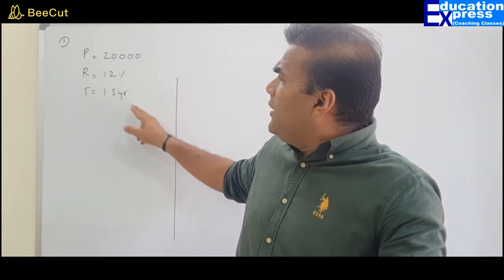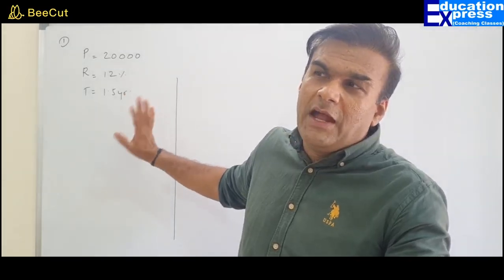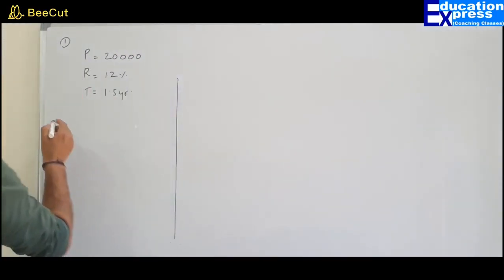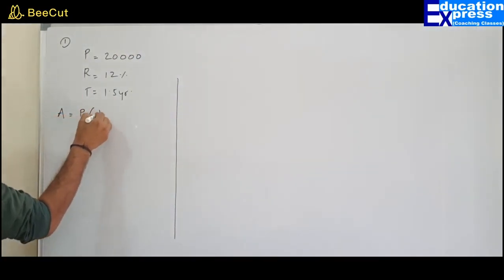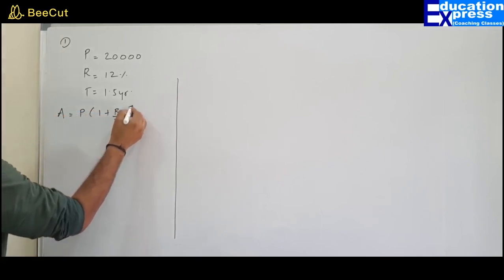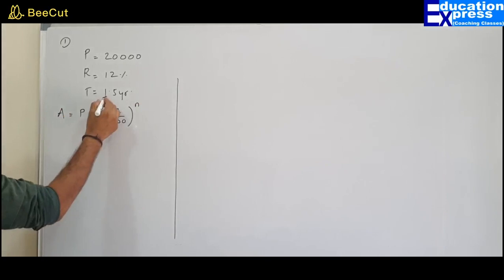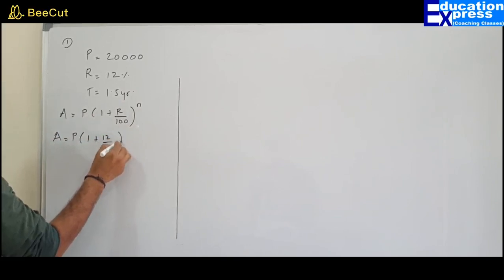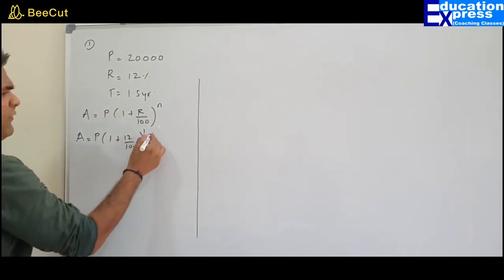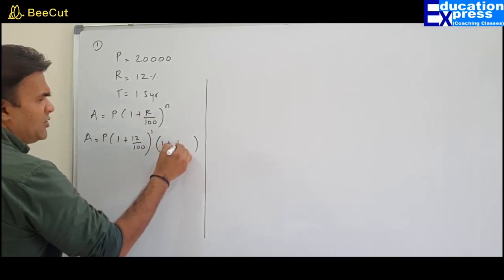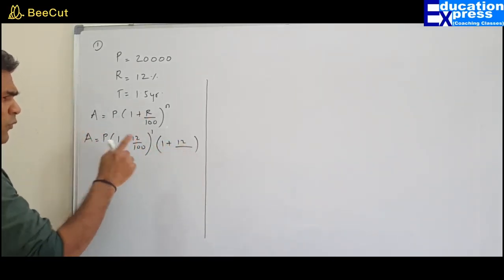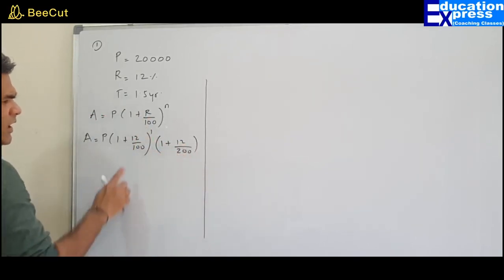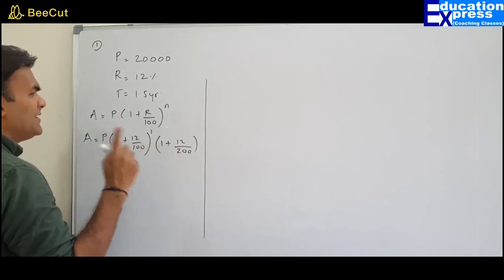They have not mentioned that the interest is compounded half yearly. Sorry, that is not mentioned at all. We only have to find out the amount. How do we go? Amount equals P (1 + R/100)^n. This is the formula. Since it is 1.5 year, what do we do? P (1 + 12/100). This is for 1 year. We are yet left with half year. So 1 plus 12 upon, since I had already discussed this, when we have to take for 6 months, we will take 200. 100 is for 1 year, 200 is for 6 months.